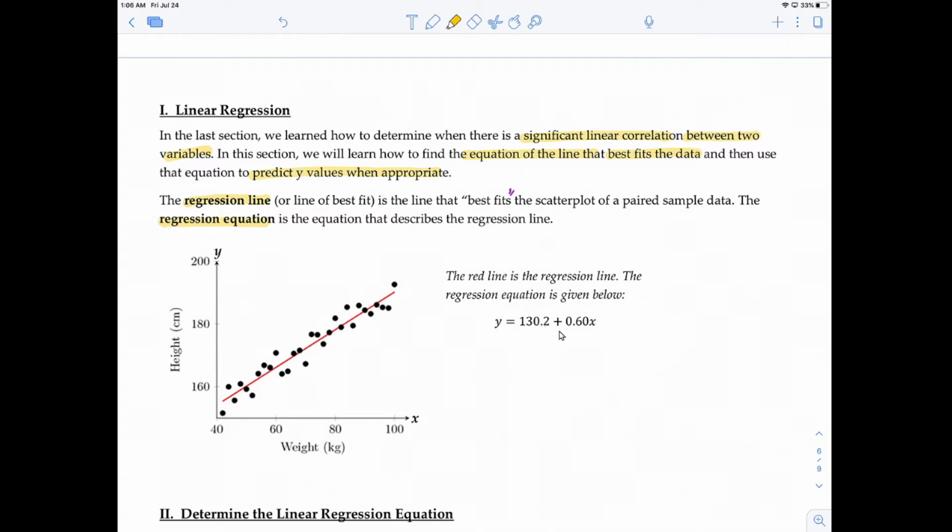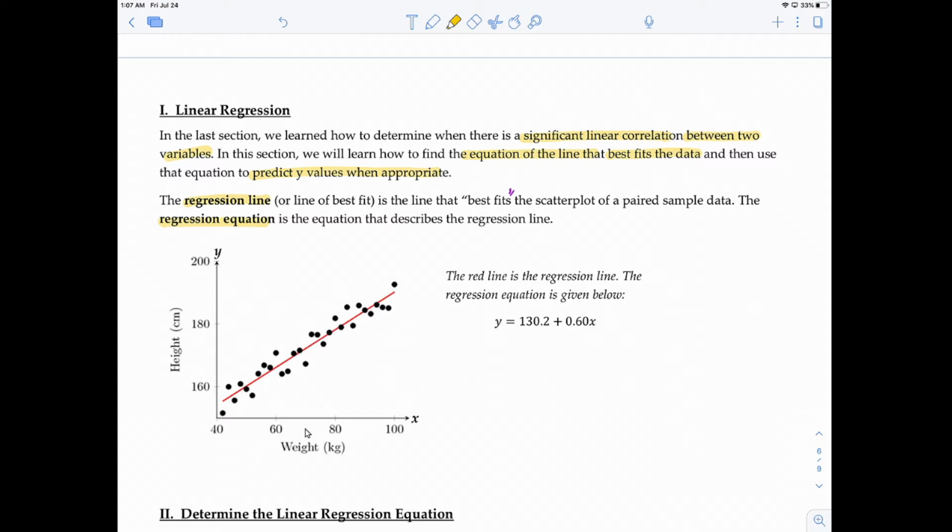The equation is given right here. So in this chapter, we need to know how to calculate or find this regression line, or regression equation rather, and then we're going to possibly use it to predict values, right? So if we have this line, this equation of the line, if we're given an x value,